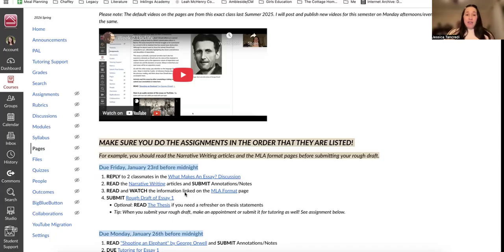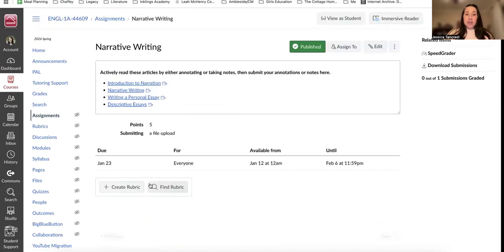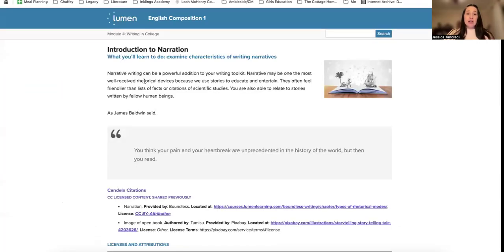So we have the what makes an essay discussion. Your replies to two classmates are due by Friday. We have some articles from essentially our textbook, Lumen Learning's English Composition 1. And these 4 articles you need to either annotate or take notes and then submit your annotations or notes here. So for example, this first